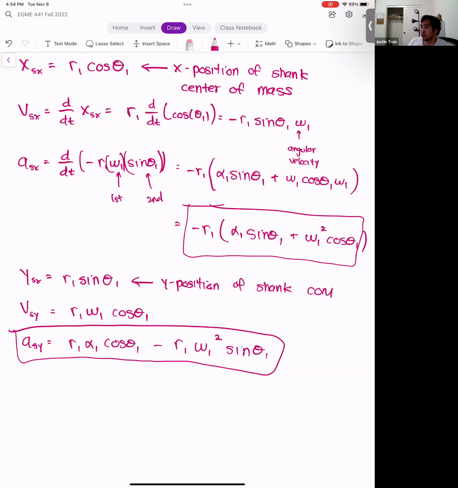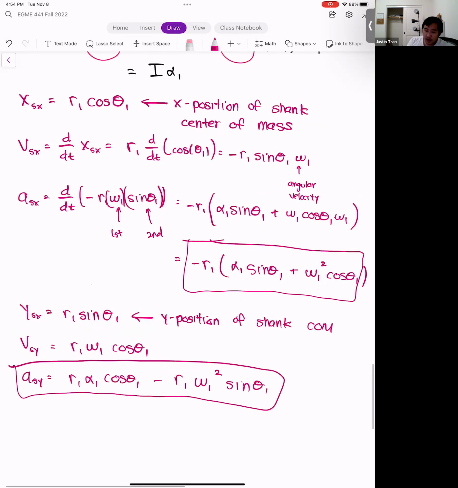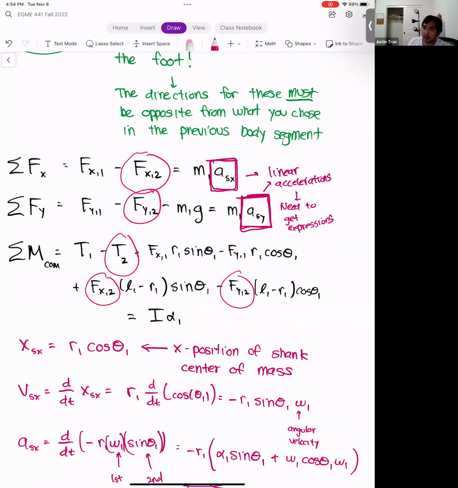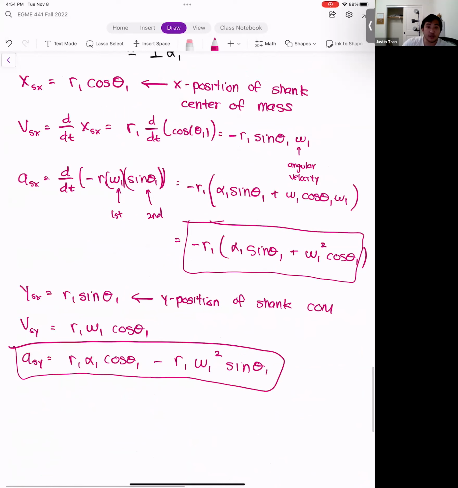All right, so make sure you brush up on your chain rule and your product rule, because you're going to need it for these parts. All right, and so once we solve for ASX, ASY, we just plug them in up here. So it's going to form a somewhat nasty equation. I'm not going to write it all down just because I want to make sure I finish this example today. But you can look at the full expression in the notes. Okay. All right. Any questions on that? Okay. All right. So that's the shank.